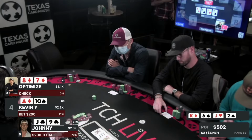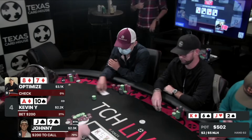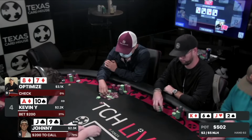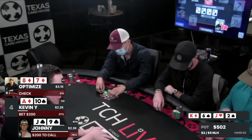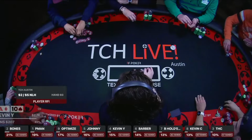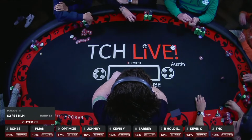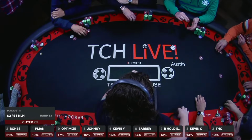He's played with Kevin a lot, so. But apparently not enough to continue there. Well, because Kevin is so balanced. Like, he does that with his value hands. He does that with his bluffing hands. You know, he just knows all this. Yeah, and he got Optimize behind you as well. It would be unfortunate if Optimize should decide to raise. Optimize is the loose cannon in that spot. And a raise by Optimize would have won. Yeah. But